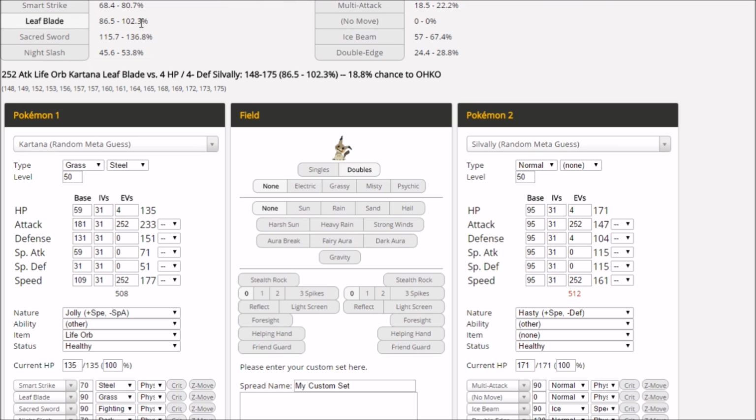That has a very, very tiny chance of KO. But again, Silvally is unusually tanky: 95 defense, 95 on the hit points. So what we're going to do is start looking for those ranges where we do secure those one-hit KOs on neutral. And even then, the Sacred Sword, without that STAB, still finds some difficult times against tankier